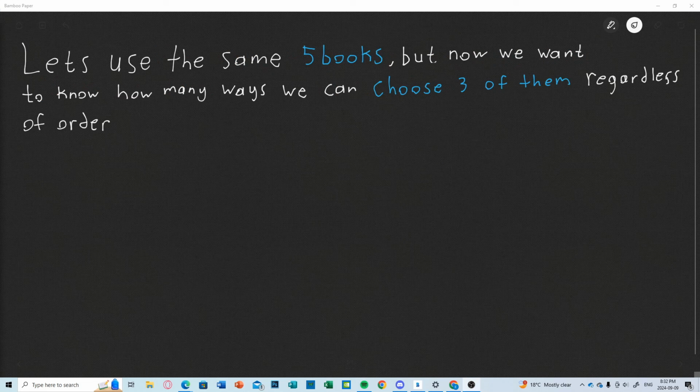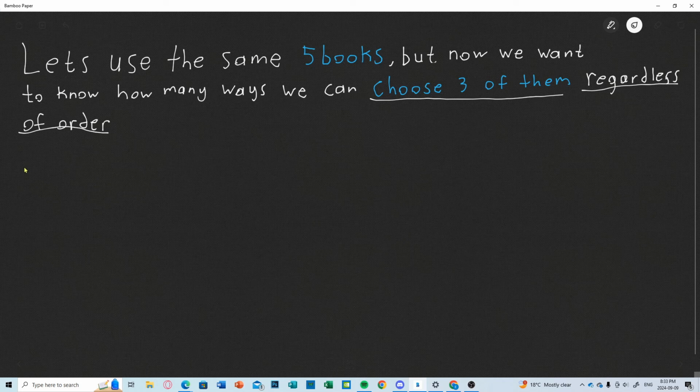Alright, so now we have our next question, which is saying let's use the same 5 books, but now we want to know how many ways we can choose 3 of them regardless of order. Because we see that it's regardless of order and that we're choosing 3 of them, that means we're going to use our combinations, because we're not going to use permutations here because we couldn't care less about the order